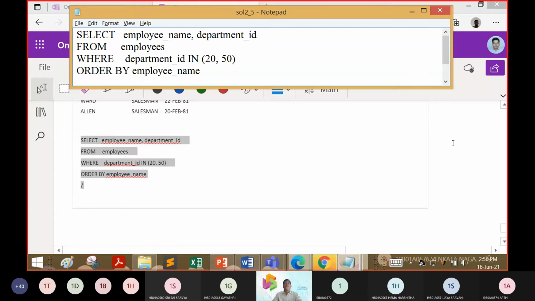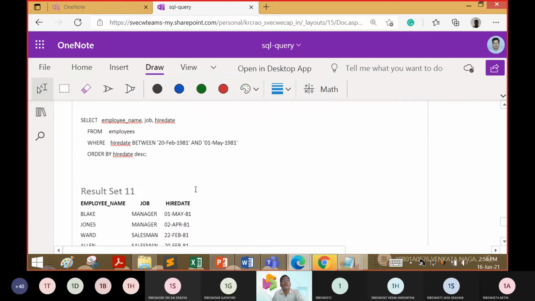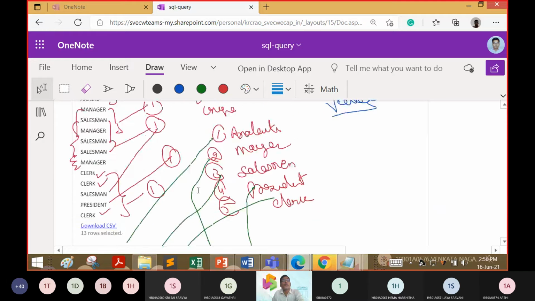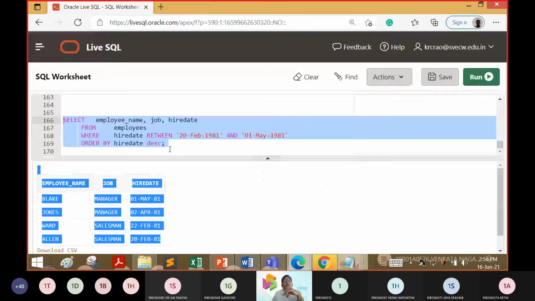Yes, sir. So what will happen now? Will the same order come? You told Adams was at the last and Ford was at the first. So will Ford come first or Adams come first? Adams. Why? Because we took the order by employee name.